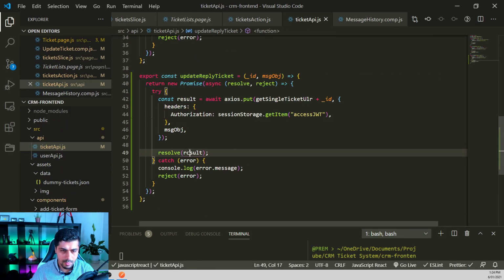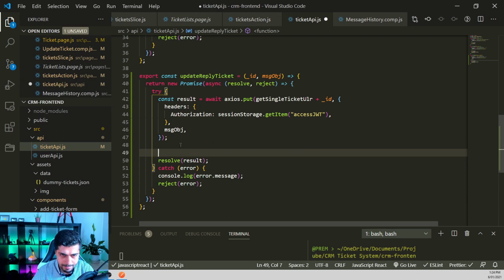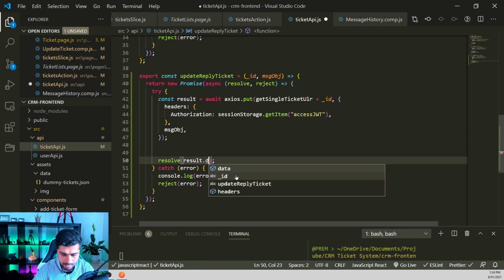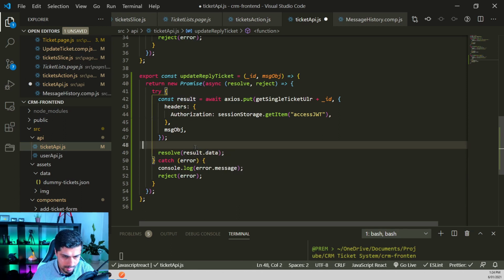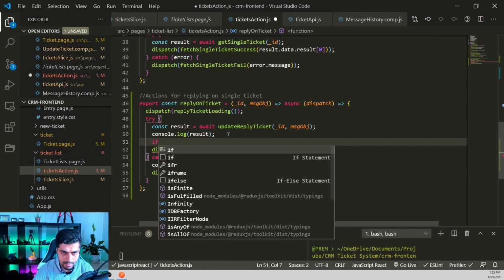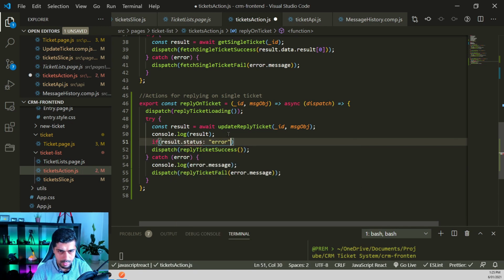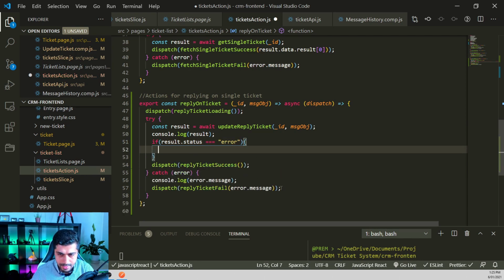Here on the result, we are just resolving. So what we're gonna resolve here is, okay, that's fine. We can only resolve the data, so we only get that data from here. And in our action, we can check here if we have in result.status equals to, if we have that error, that means we need to dispatch the error message here saying